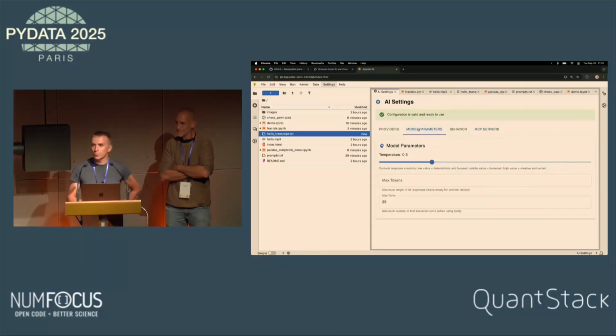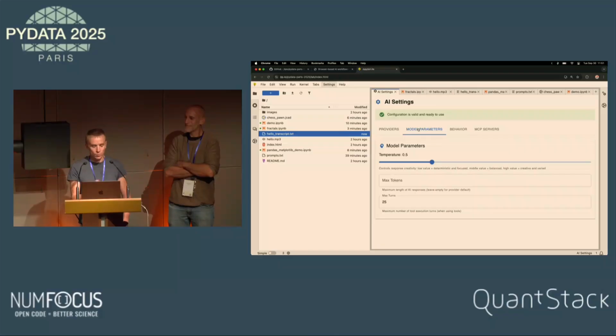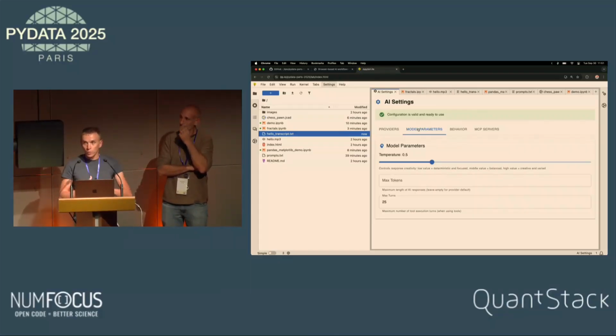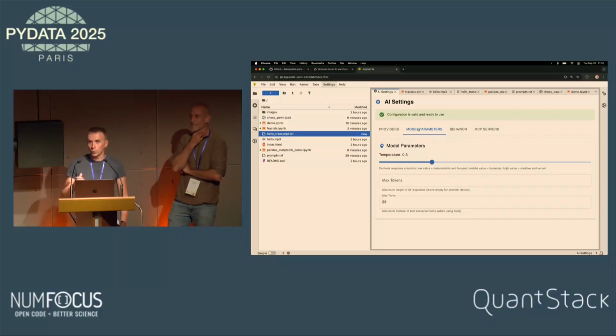Yeah, for now we just built these very simple model parameters, but it's not meant to stay like this. It's too simple, and I think we had a previous version which made it possible to configure way more things, but sometimes it's super overwhelming because you can configure everything. So we have to find a good trade-off on what you want to expose to normal users and also power users. So I think this will evolve for sure. Yeah. Great, thanks.